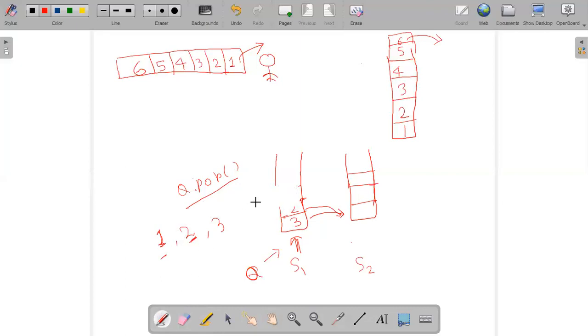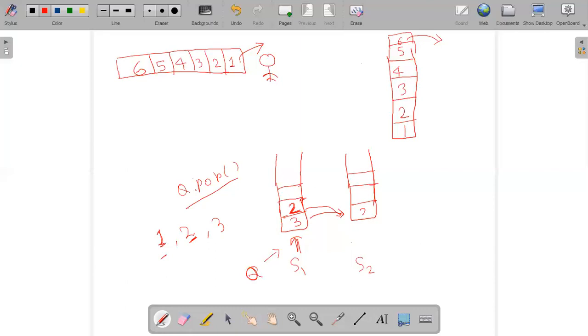That's good. Now let's say another element came, that is 4. So 4 should be down the 3, right? So what I'll do, again I'll move all the elements to here.